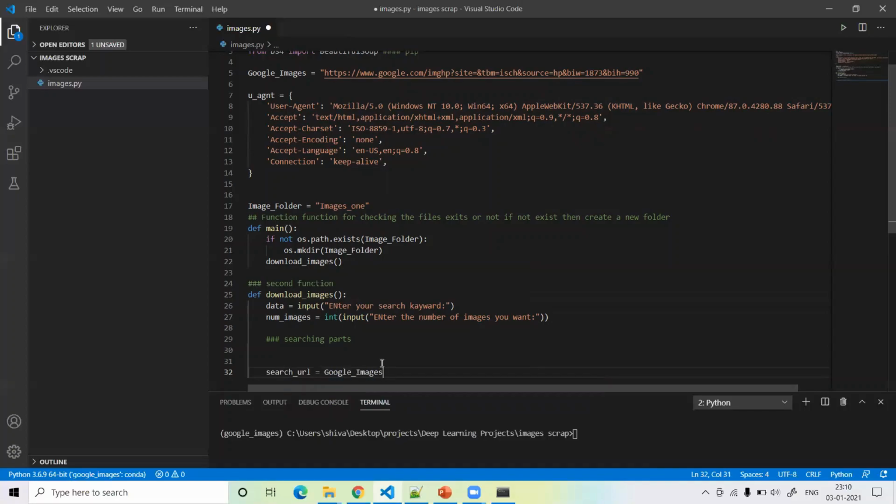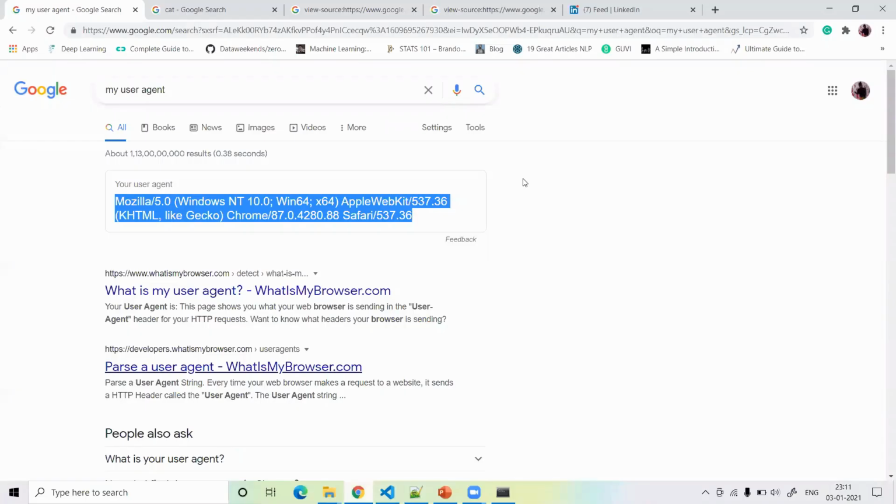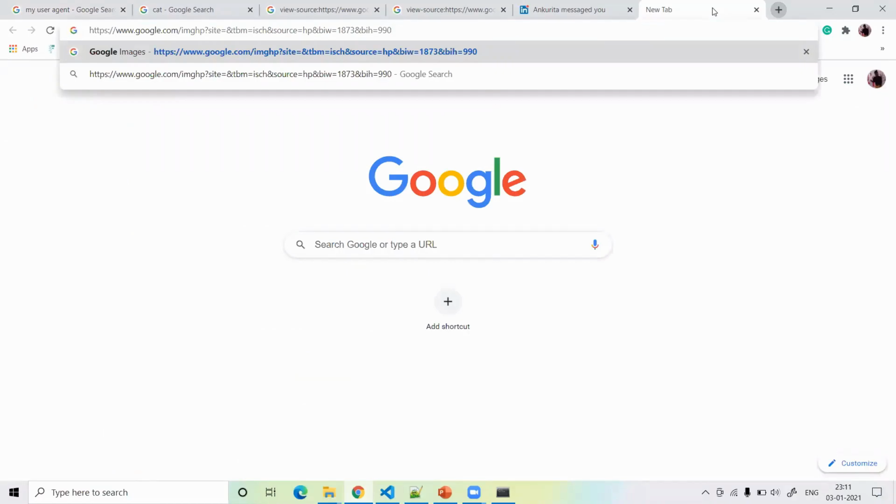I already defined this Google Images from here, guys. Okay, so from Google Images plus query, q equal to, let's say I just show you, just copy this Google Images link, and after that q equal to, and then just write your data name like cat.